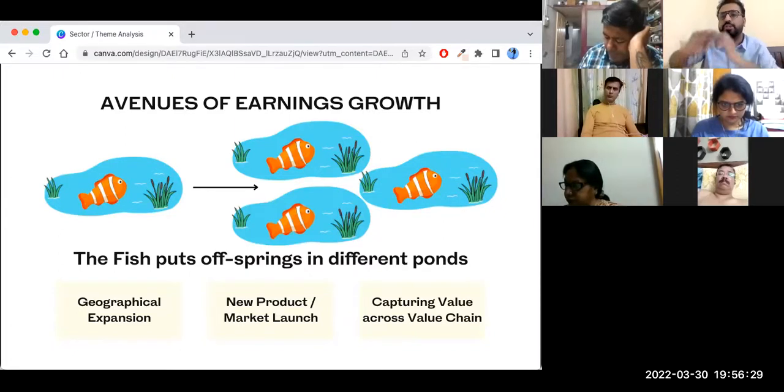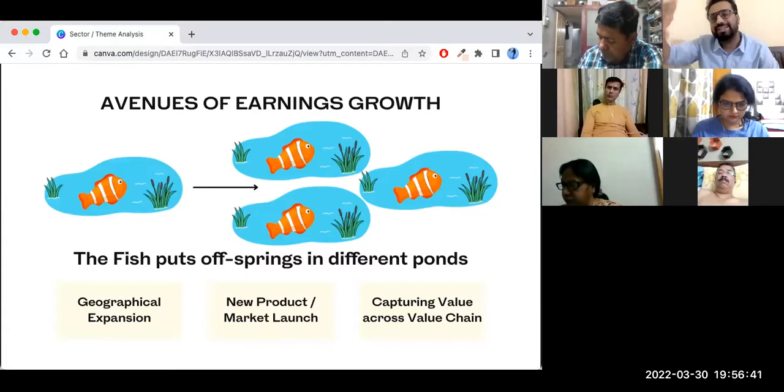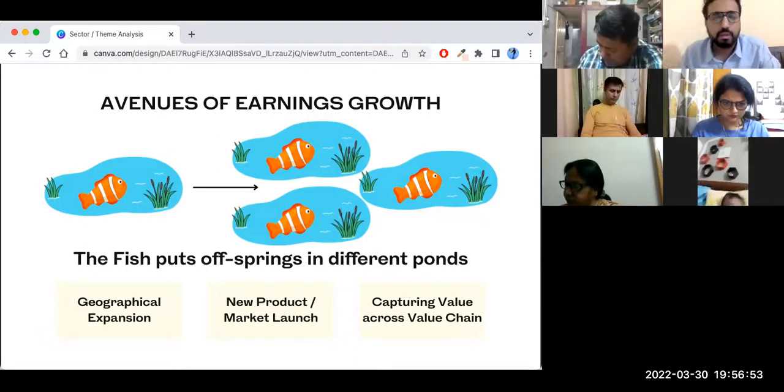Now, because the world is anyway moving away from hydrocarbons and moving into green energy, they also had to start looking at other sectors where they can continue to have growth in the future as well. Which is where they realize that technology, telecom, etc., can be a big play, and that's where the investment into